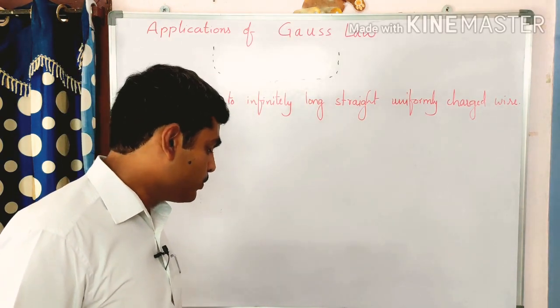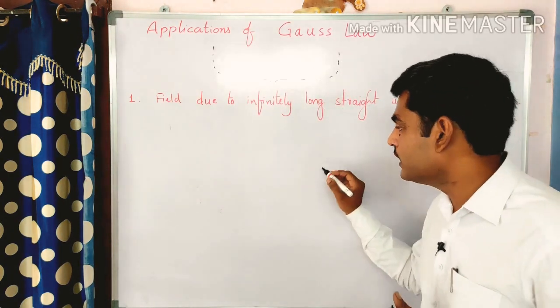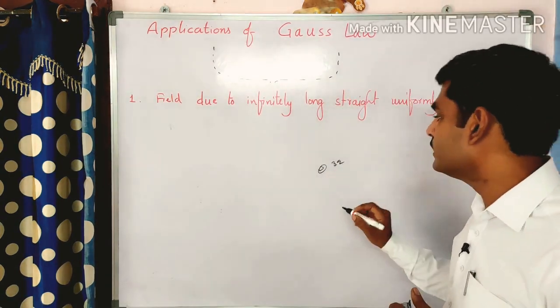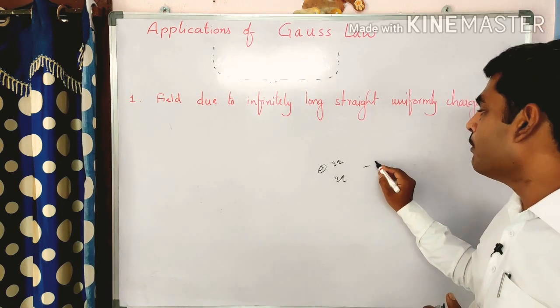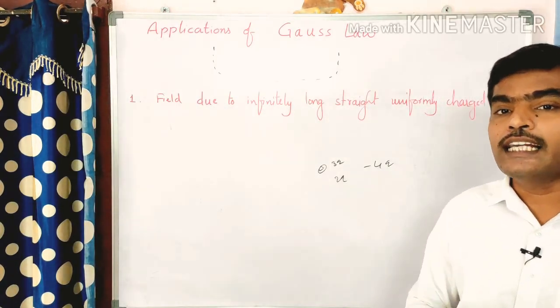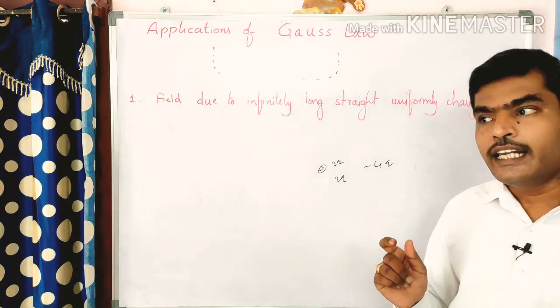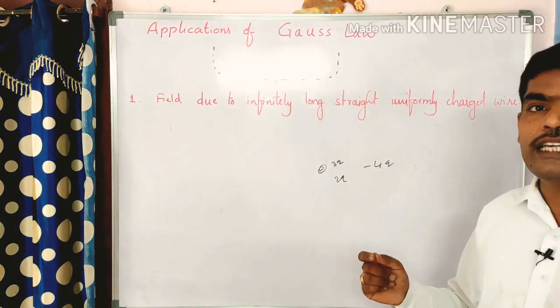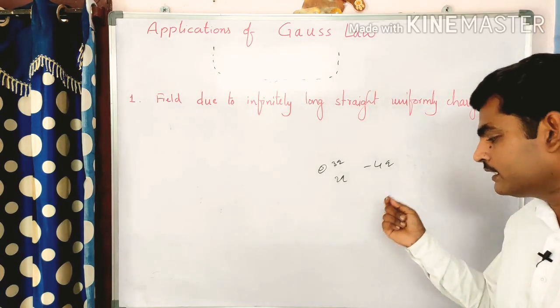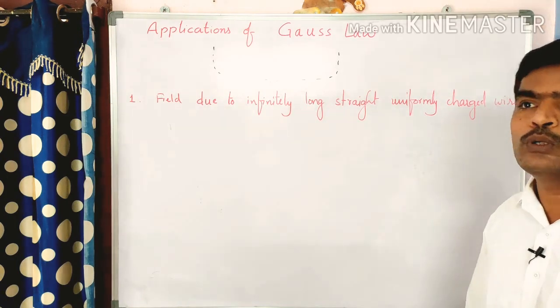What is charge distribution? Till now we have discussed charges like 3q, 2q, minus 4q. In this way we are taking the charge as discrete values. But practically, charge will not be like these discrete values of 3q, minus 4q, 2q. It is not possible to take it like that.